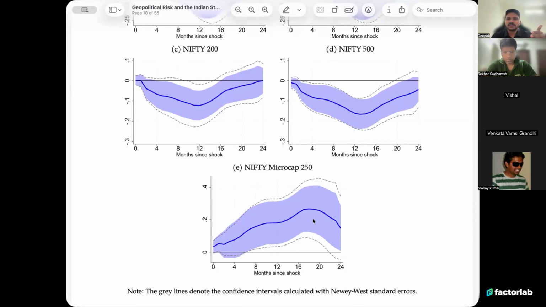The reason behind that is, when such wars happen, we obviously have dependencies on crude oil, so the currency weakens. When this happens, the gold imports will also cost us more, and the currency further devalues. But the micro caps, on the other hand, are highly resilient to such phenomena because they are mostly domestic oriented. What they are serving is internal consumption. So these are mostly averse to such phenomena.